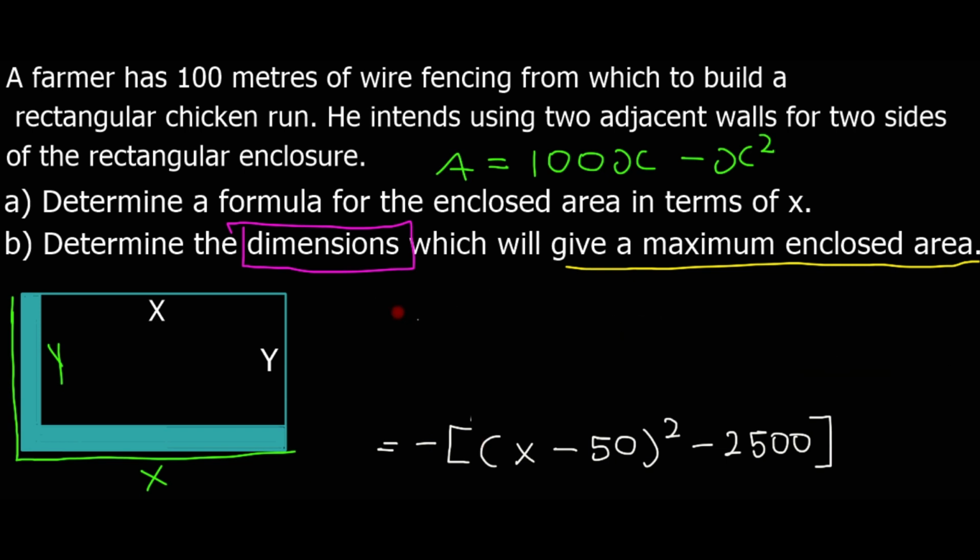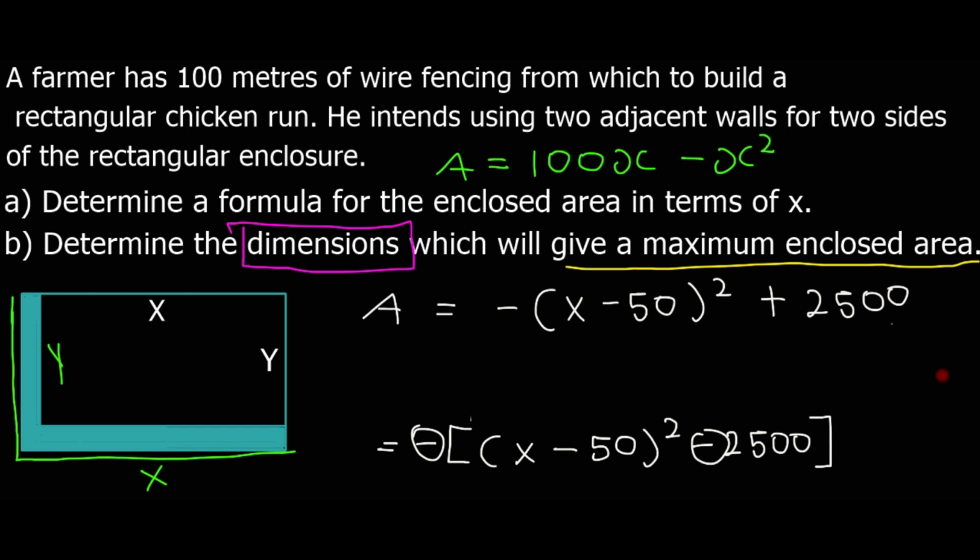So from there I can say the area equals the negative, multiplied by the negative, into x minus 50 all squared, and then this negative times this one is positive 2500. So the maximum area for us is 2500. So if this is the area,